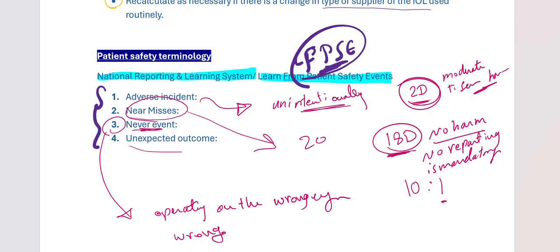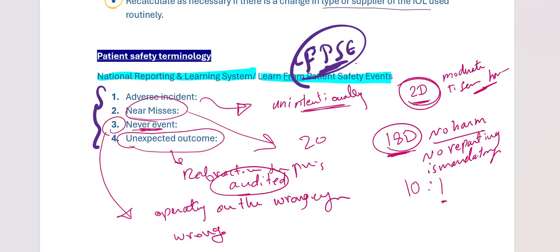Unexpected outcome, this is not something to be reported. It's like a refractive surprise. And this is something to be audited, not something to be reported to patient safety. From this, we can